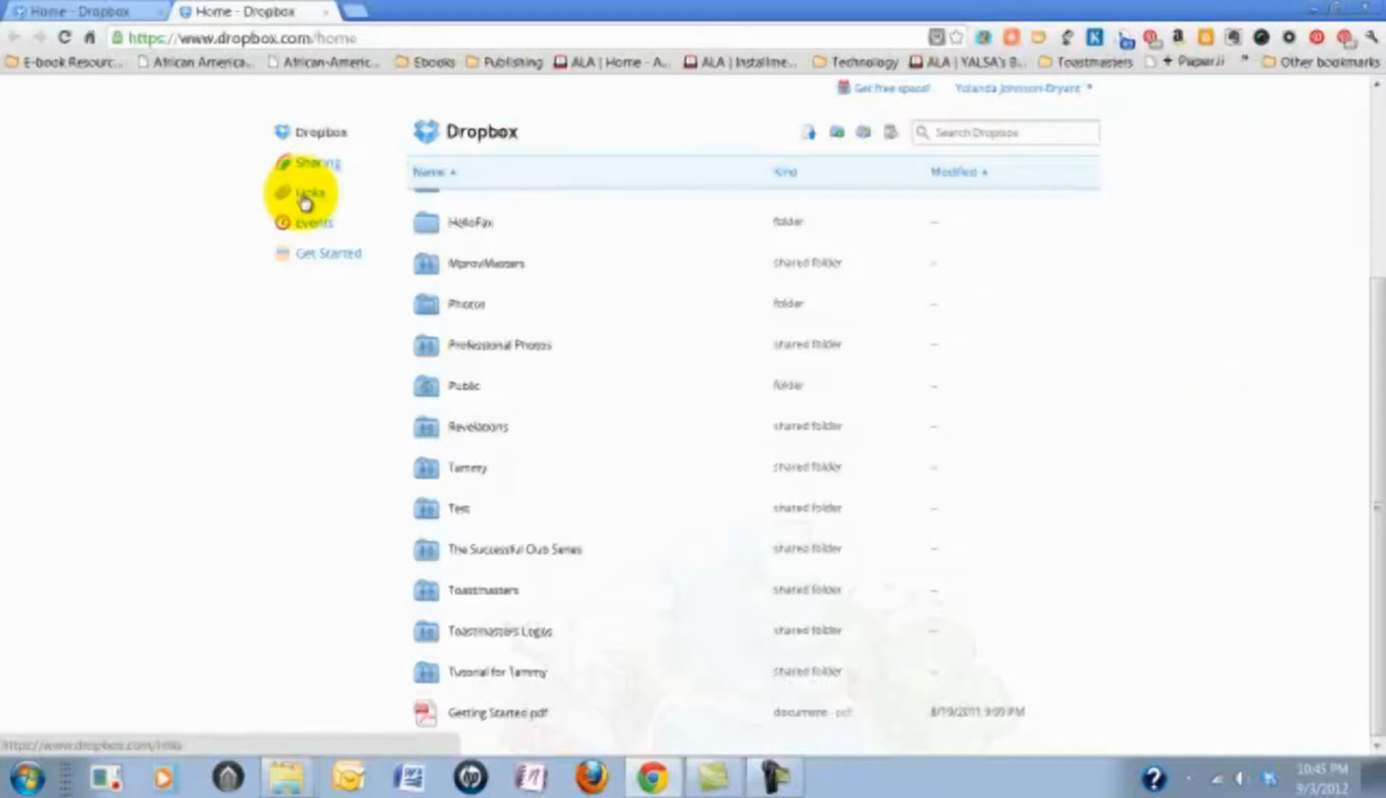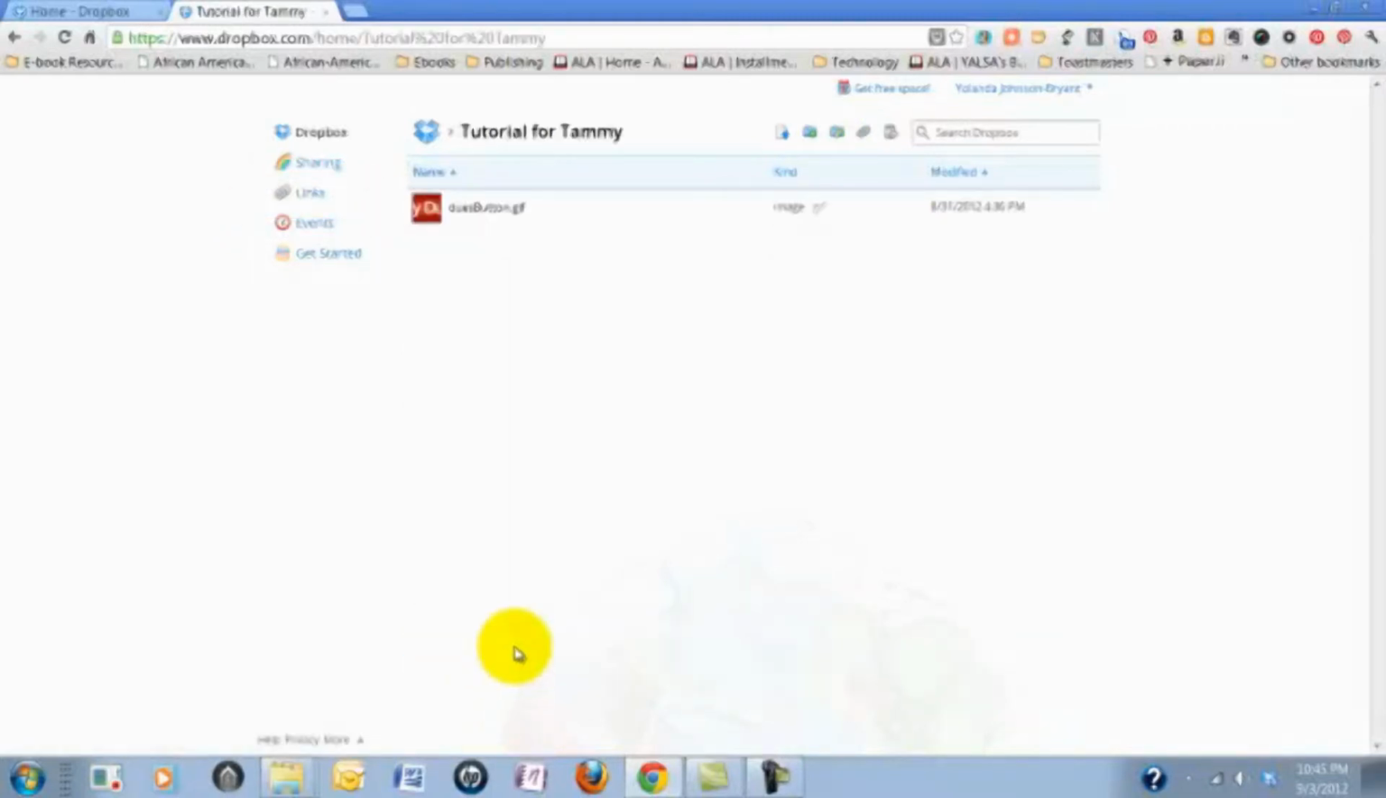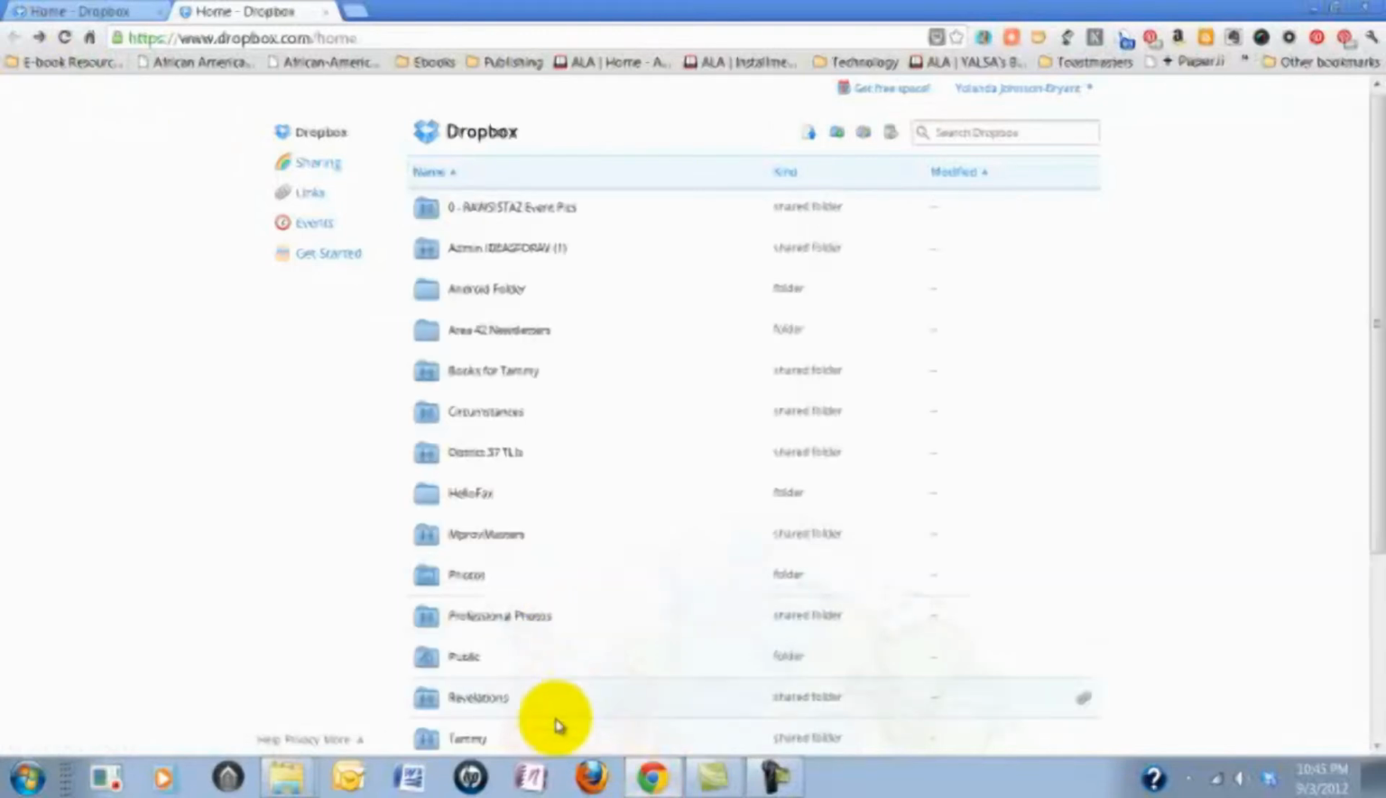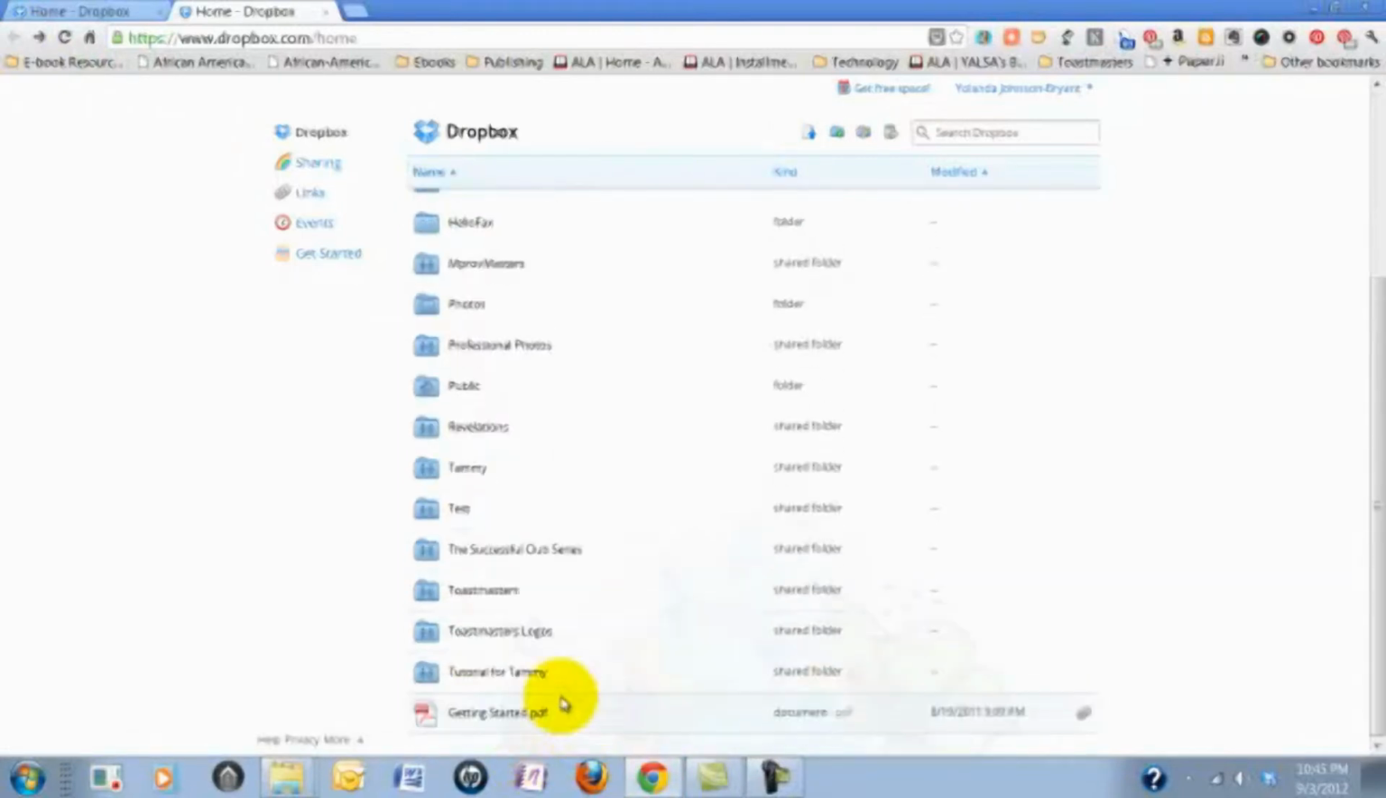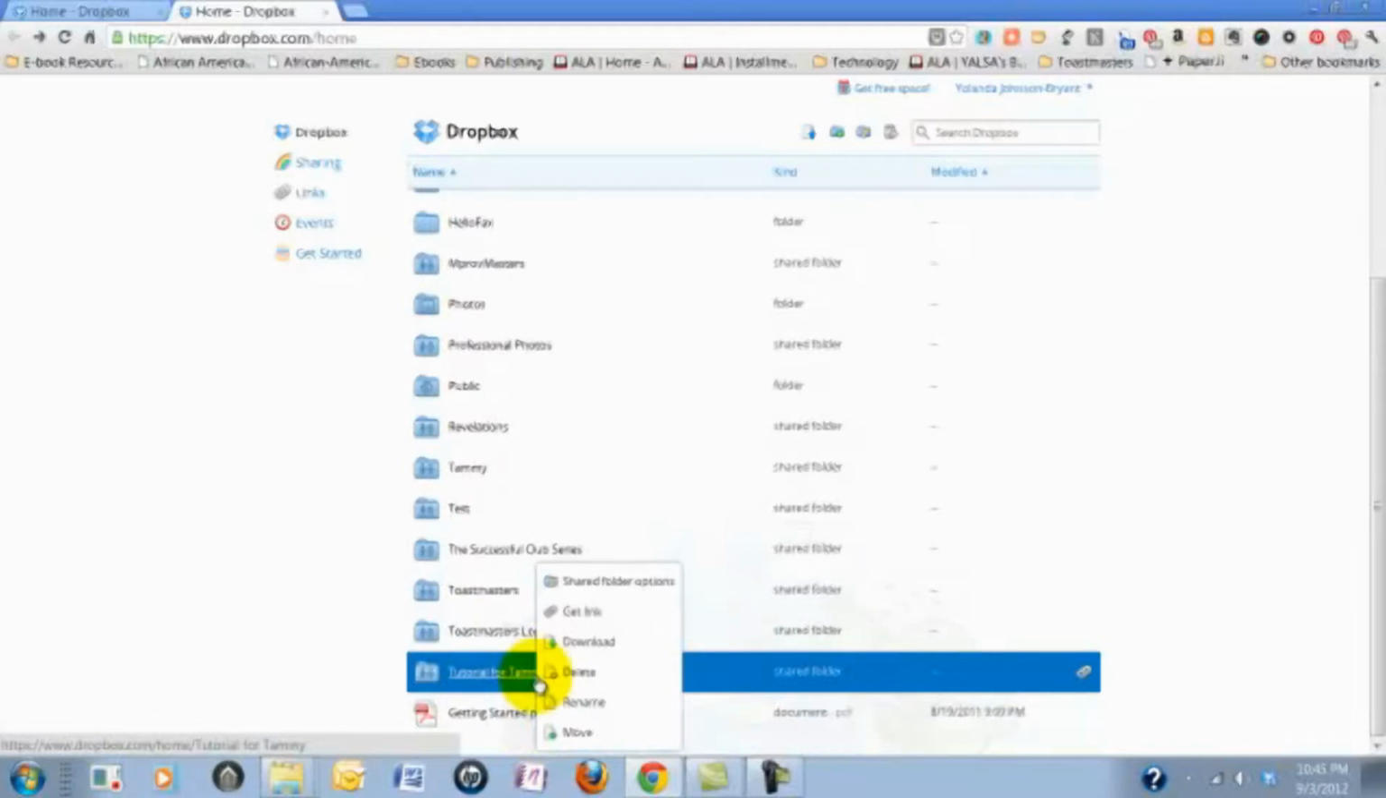Now, there's another way that you can share your particular files with people. Let's say you don't want to go through the hassle of emailing people the folder and all that. You can actually, let's say you want to share a link via Facebook. You have a Facebook group or a Facebook page, and you have files from a book signing or a conference. You can basically click on Tutorial for Tammy. Actually, I'm sorry. Right-click on Tutorial for Tammy, and that will come up. Now if you notice, it doesn't say invite to share folder. It says now shared folder options because it's already being shared. So go ahead and click get link,